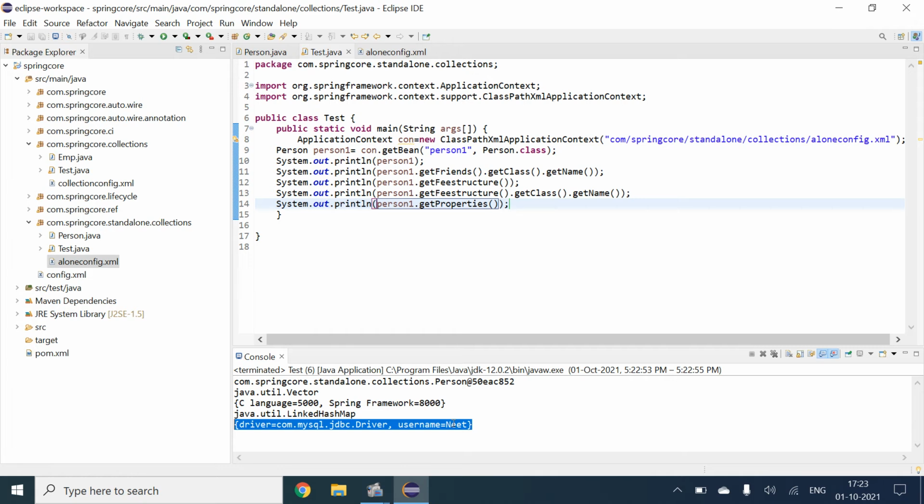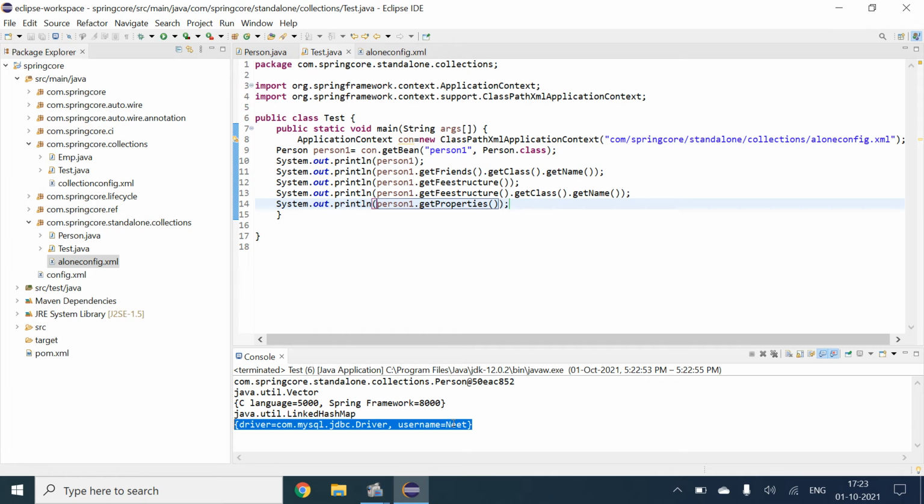This is how the topic of Spring standalone collections, in which we cover map, list, and properties, works. So this is how we write the XML file and we give the commands in this. Now I will try to move forward.